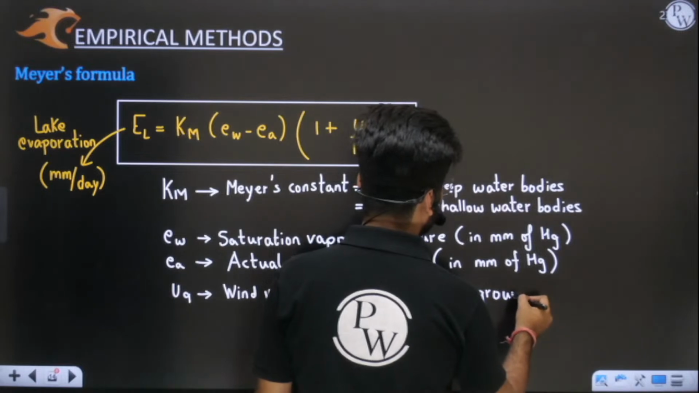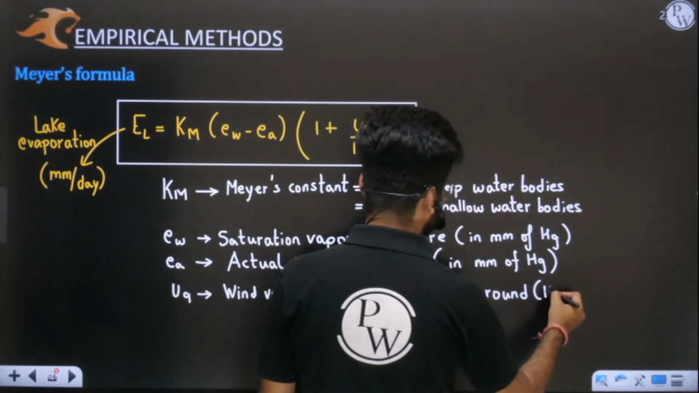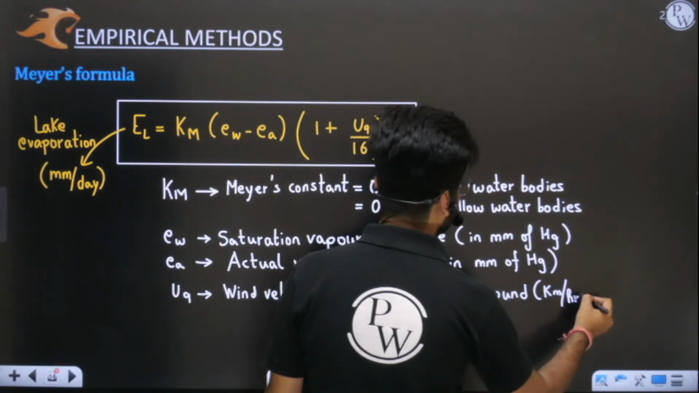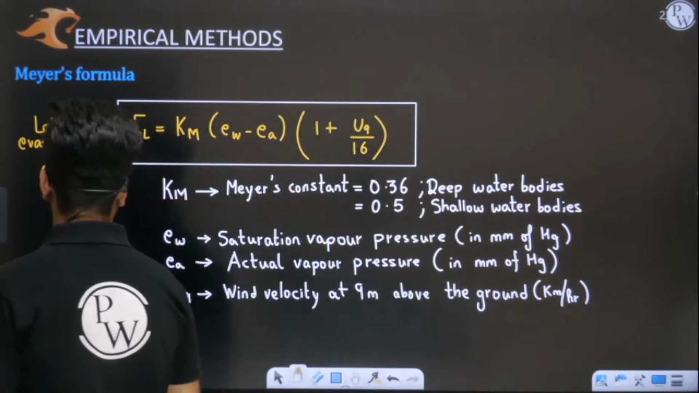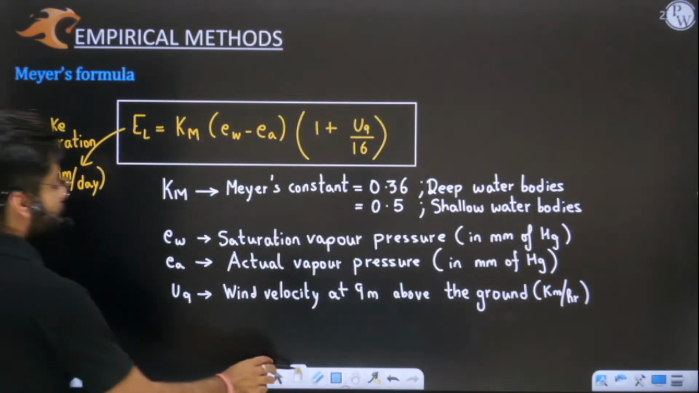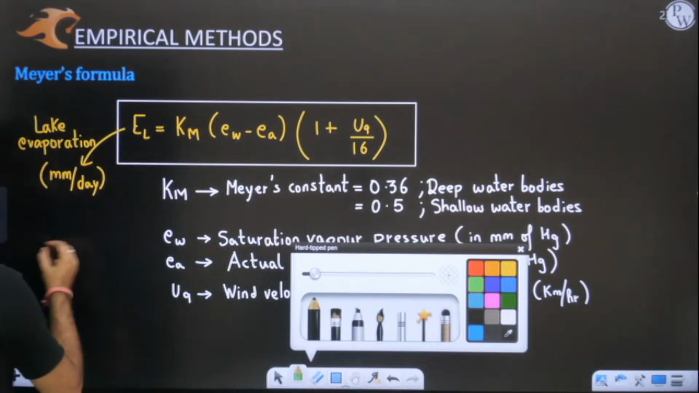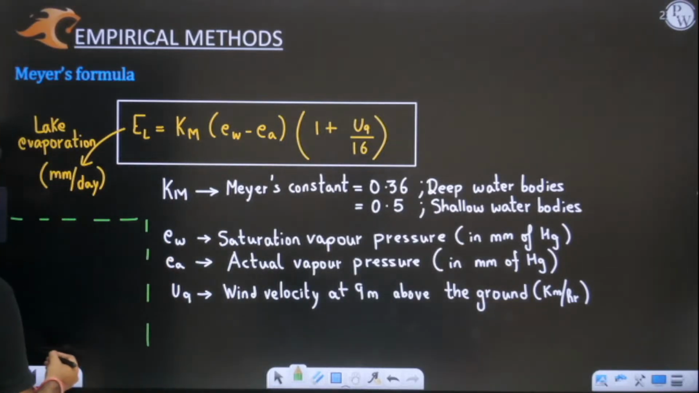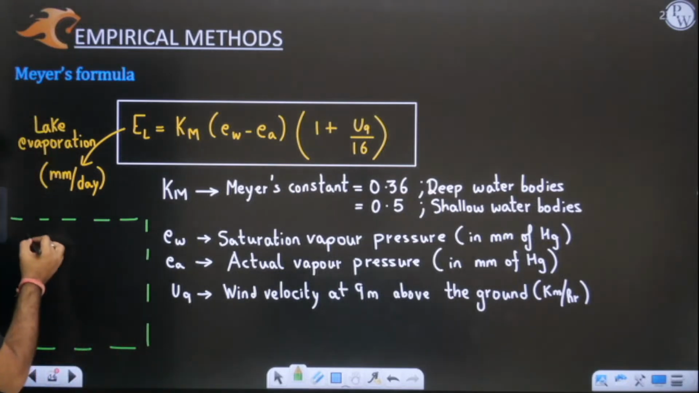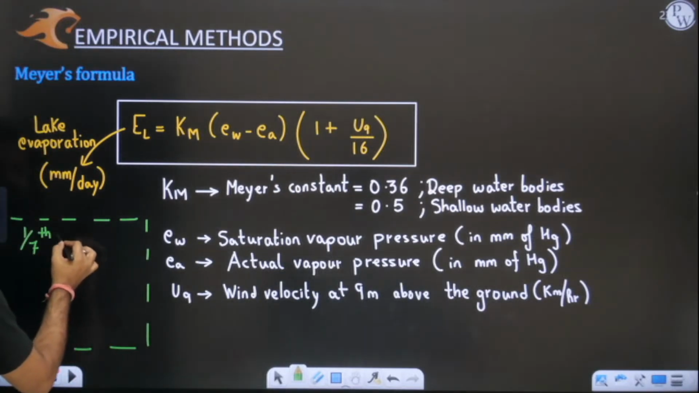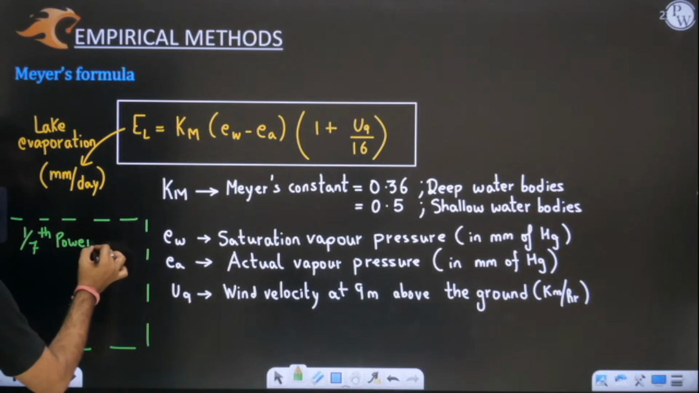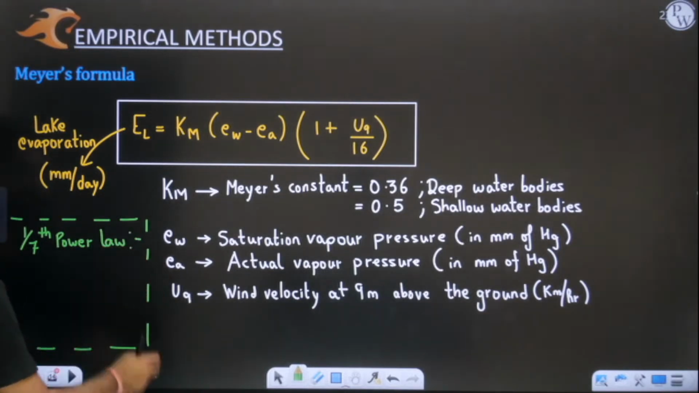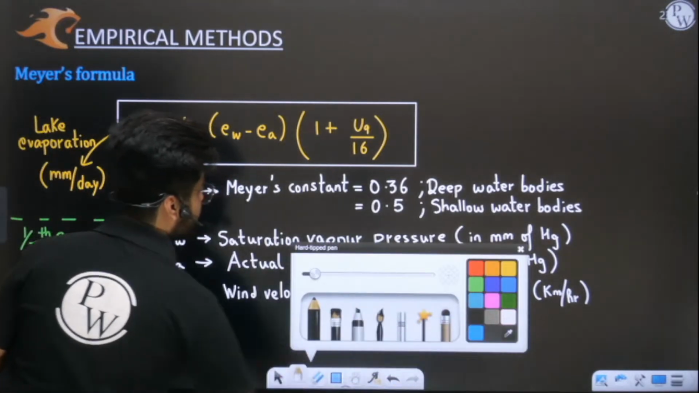And in order to find this velocity, and this is in kilometer per hour, you have to use the 1 by 7 power law. Okay. What is the 1 by 7 power law? Let me explain it to you here. The 1 by 7th power law is nothing but